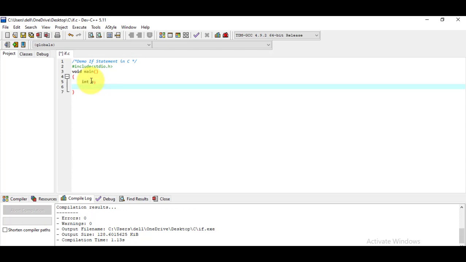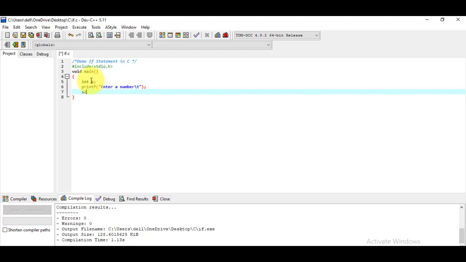Now I'm displaying a message for the user to enter a number. Here I'm writing the code for that: Enter a number, using the printf function, with a backslash t tab sequence, and at the end I put the semicolon to terminate the statement.